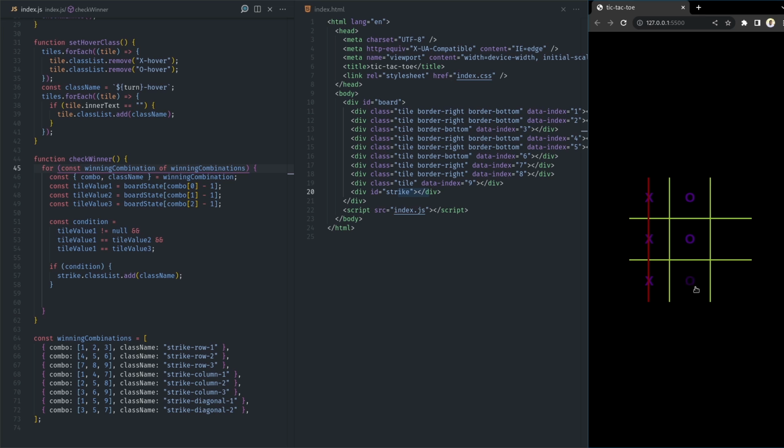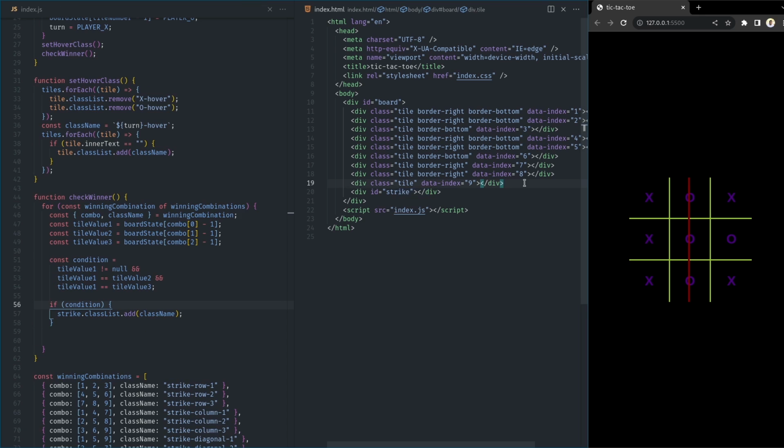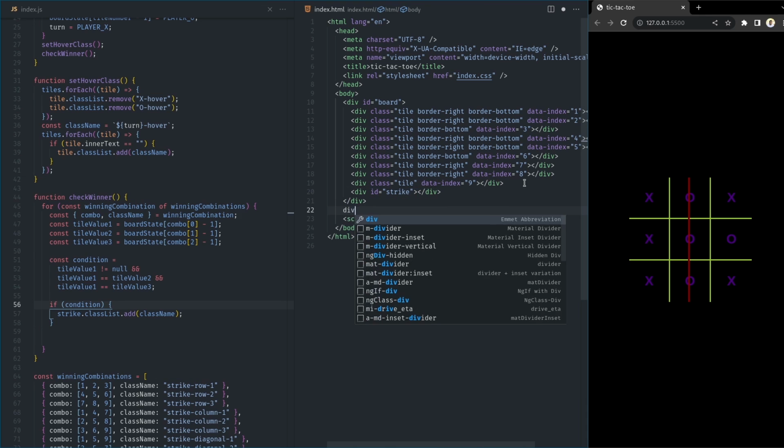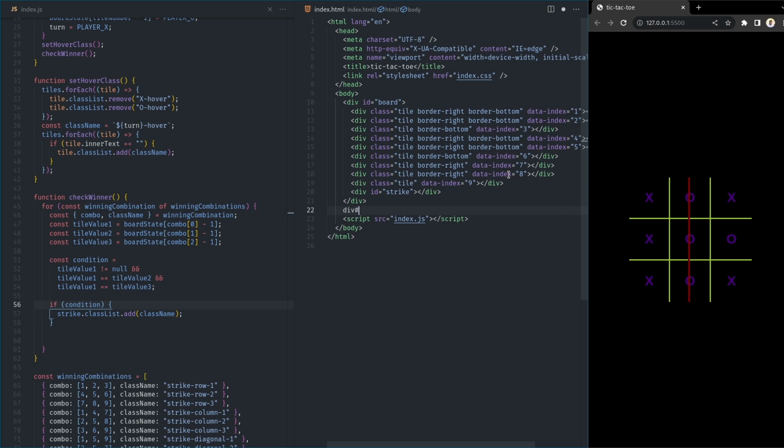Next step is to stop the clicking listener on the tiles when the game is over, when someone has won. If I click here, as you can see, there's a bug. I can click. I can continue clicking forever. So if we go to our HTML, I'm gonna go ahead and create another div with the ID of game over area,